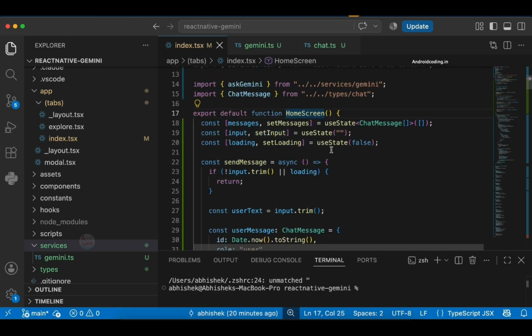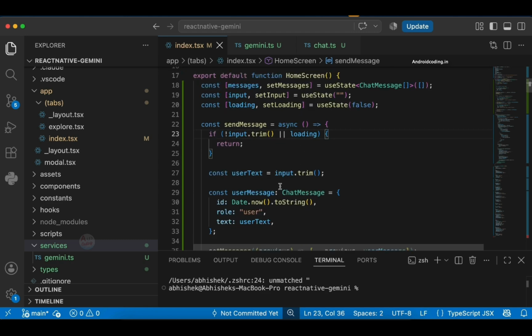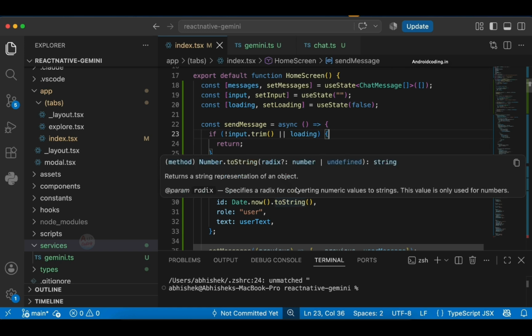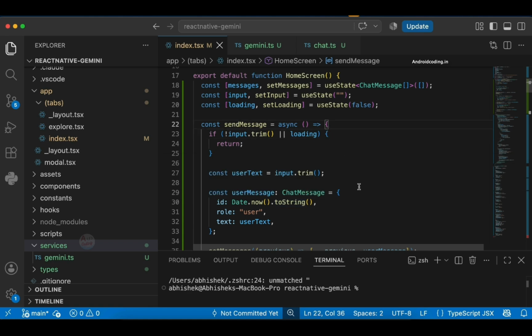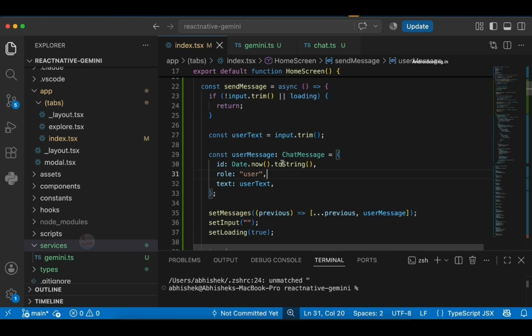The basic function here, home screen, where we are making use of useState, for setting the messages and also reading the messages. The same for input and loading as well. So these three constants I have declared. And the next one is sendMessage here. Whenever we are trying to provide a prompt to the AI model, we are making use of this particular sendMessage. In this particular function, first of all, we are trying to validate the input,